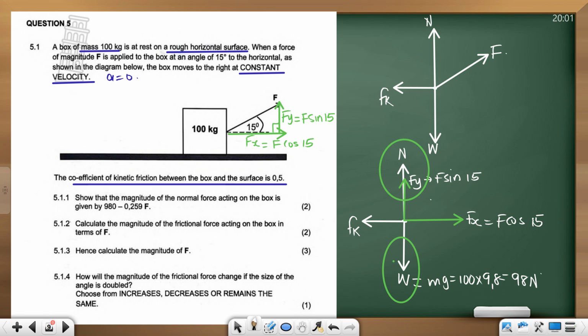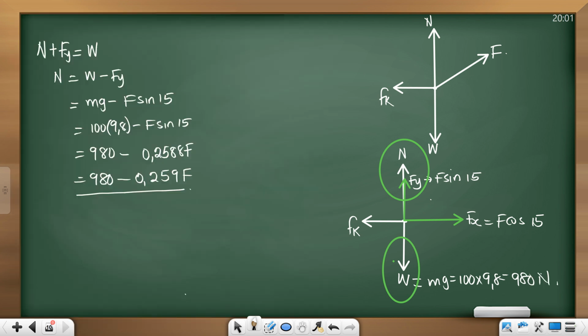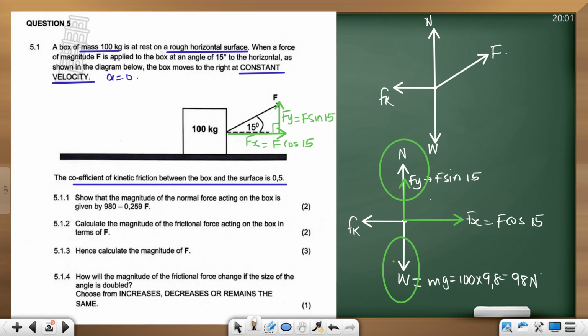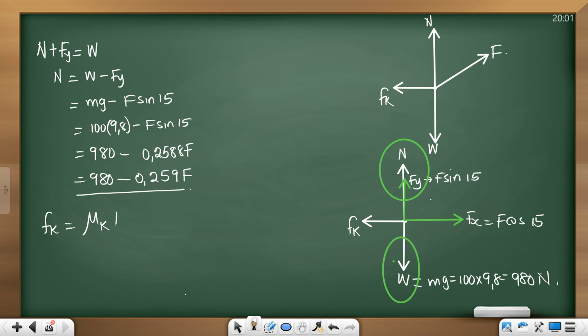Calculate the magnitude of the frictional force acting in terms of F. What is frictional force? It is mu k N. And what is the coefficient? We're given 0.5. And our normal force is 980 minus. So if we multiply that in, what is 0.5 times 980? That should give us 490